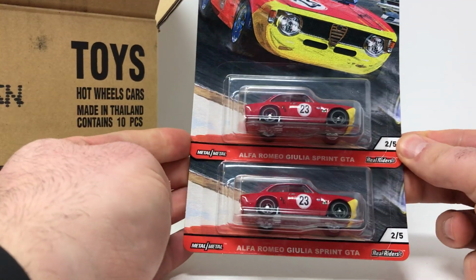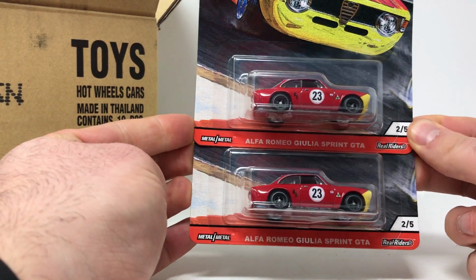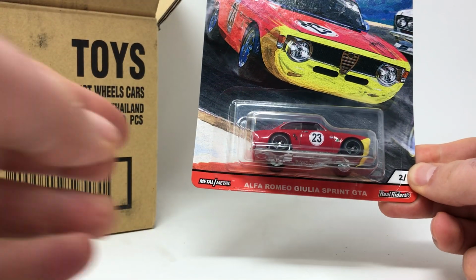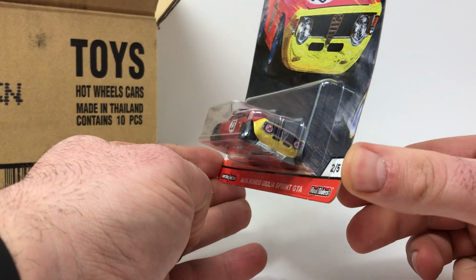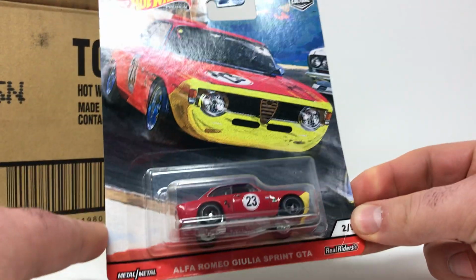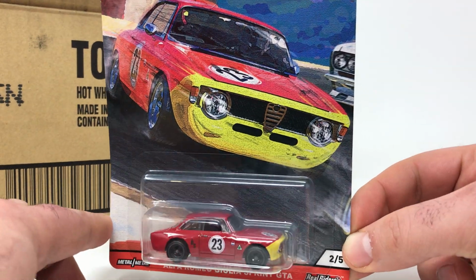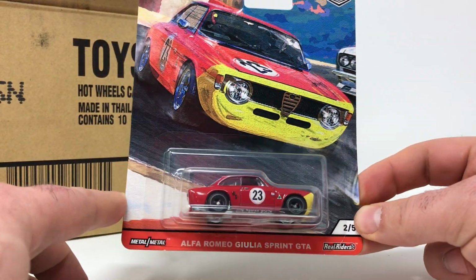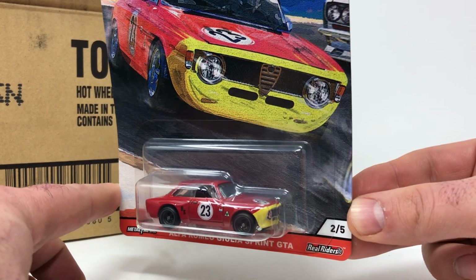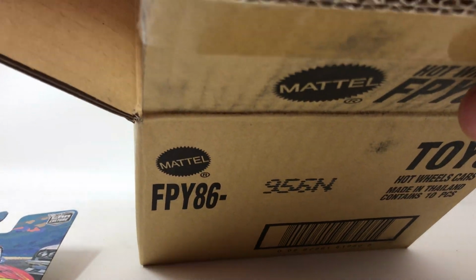is the Alfa Romeo Giulia Sprint GTA. It's got the bright red paint on it, the 23, and the yellow nose. This right here is also a very sought after car. Very cool. There's the Alfa Romeo. And then the last car in this 10 car box